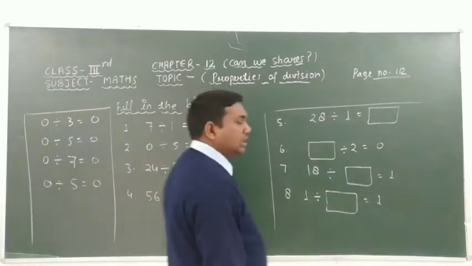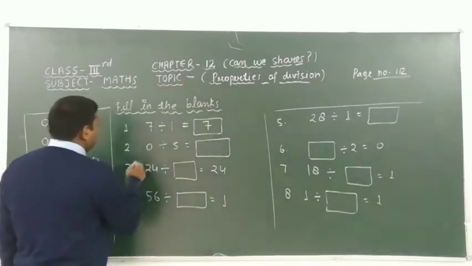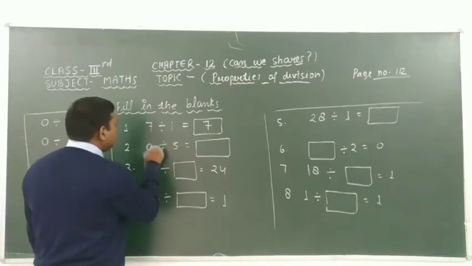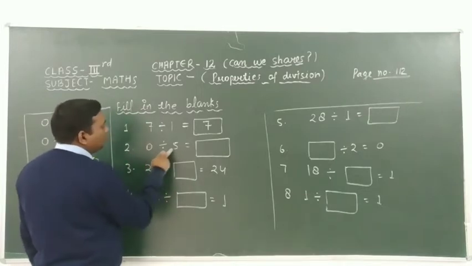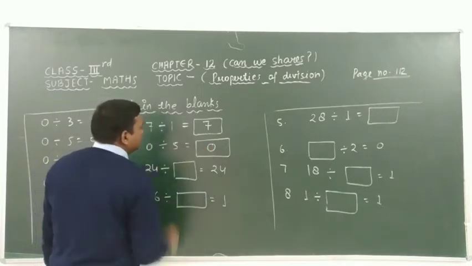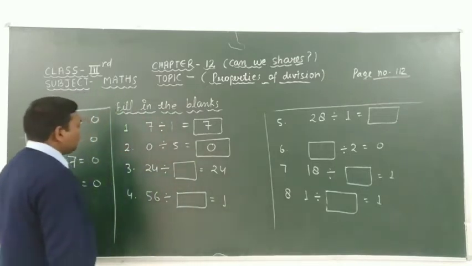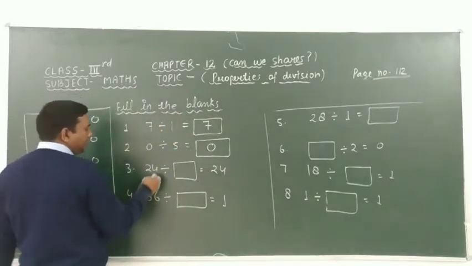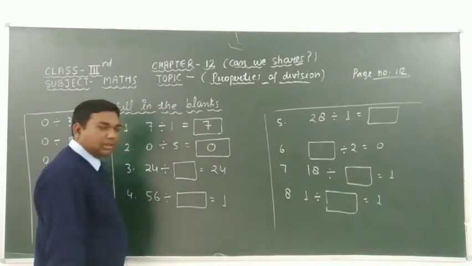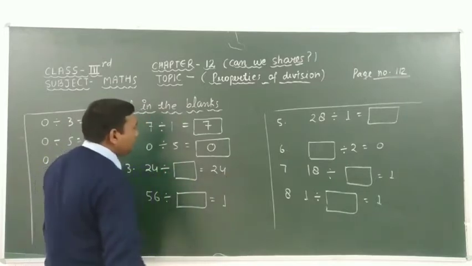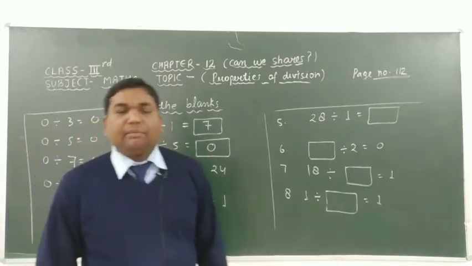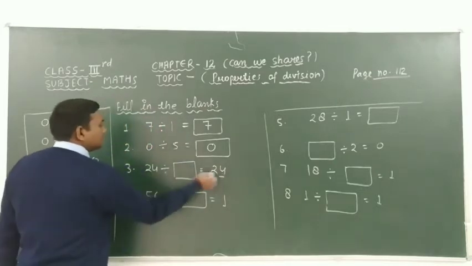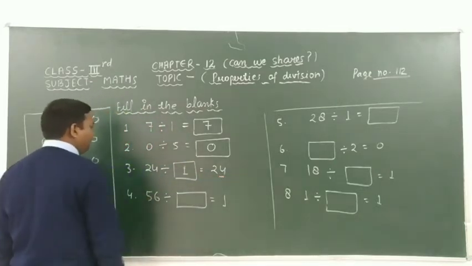Okay, students. Similarly, here in this question, if we have to take the division of 0 by any number, it means that if we take the division of 0 by 5, then we get 0. Understand? Dear students, in this question, look at here carefully. Here given that 24 and here 24. It means that we know that if we take the division of any other number by 1, then we get this number as same. It means that here we can write 1.